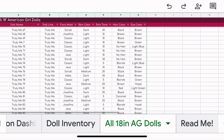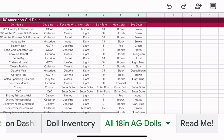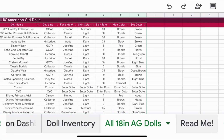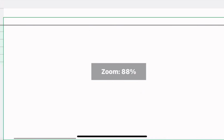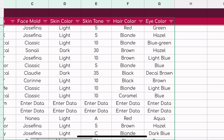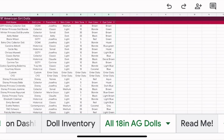And I believe it's just 18-inch dolls, no wellies, no bitty babies. I could be wrong, but I'm pretty sure. And they're listed alphabetically. And as you can see, Evelyn has input every single type of feature. So you have the doll, then you have their line, face mold, skin color, skin tone number, hair color, and eye color. And what makes this really cool is when you go to the next tab, which is doll inventory,